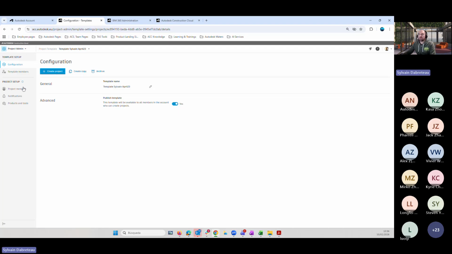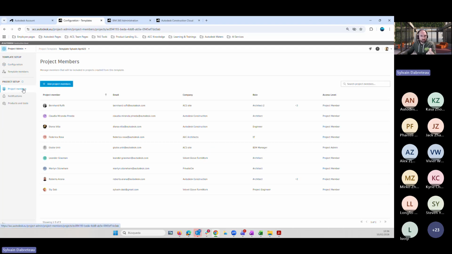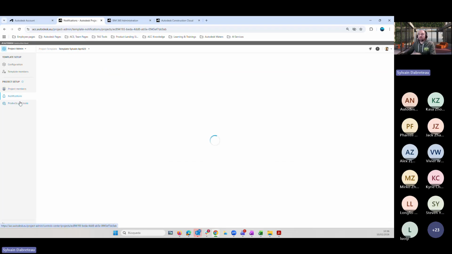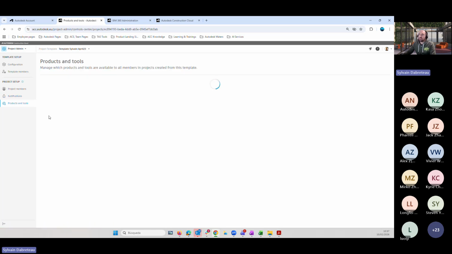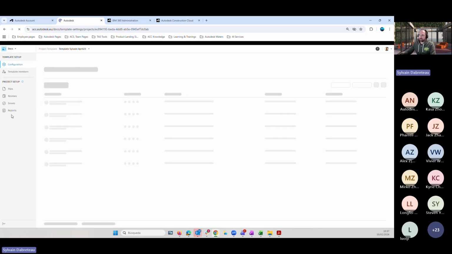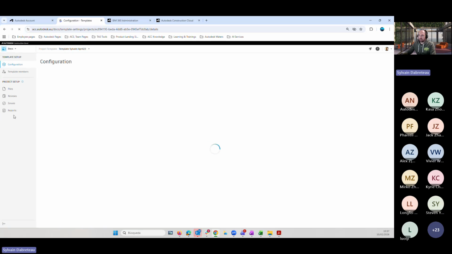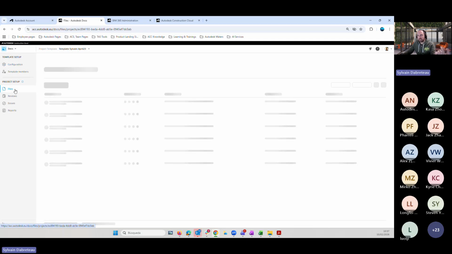In the project administration, I find the project members who are going to be the members by default in this project, how the notifications are going to be set up by default, perhaps some products and tools and how they are going to be set up. So that's for the project administration. If I move to docs in this project template, I find my files, folders, and permissions.